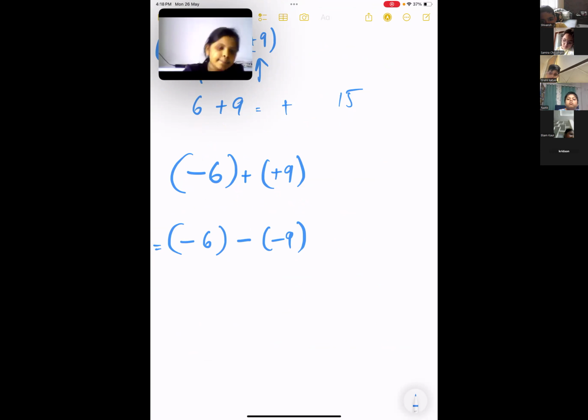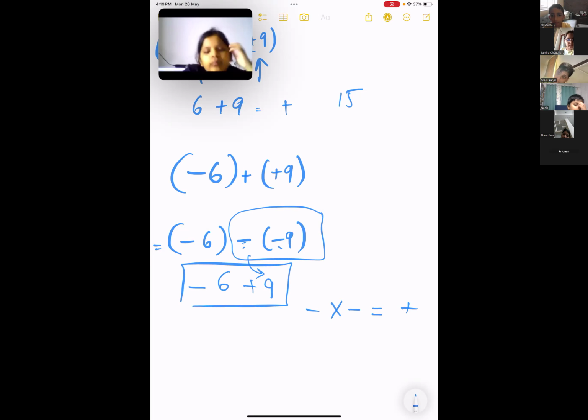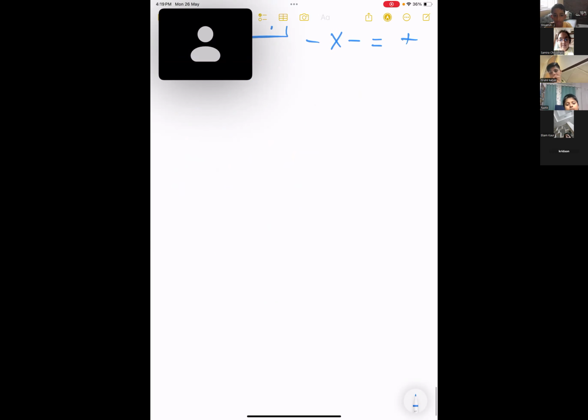Now these are two negative integers and I have to minus them. Okay. So minus multiplied by minus, do you know what does it become? Plus. Which means if you open the bracket, this minus into a -9 is going to convert this into a +9. And this is a -6. And now give me the answer. Did you understand this or no? Samaira? No, ma'am. No? Correct. Chalo. Let's do -6 minus 9.